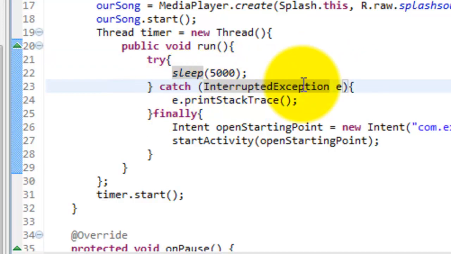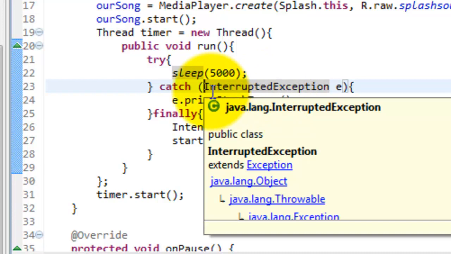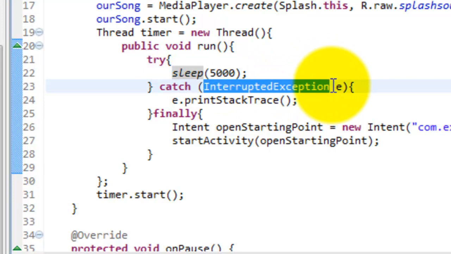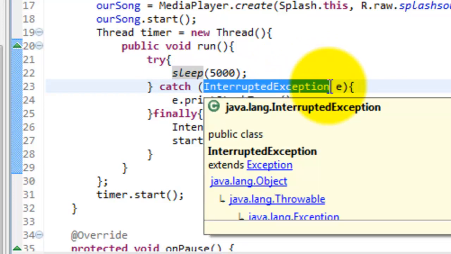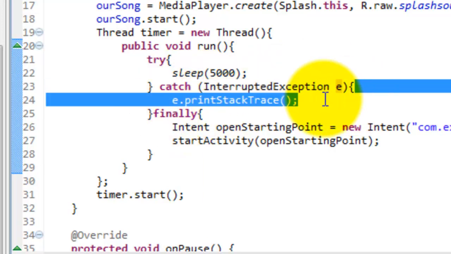So if an error is found, the error is caught. In this case, the error is this InterruptedException. So any InterruptedException, this is also part of the library's elements. So if this object is found, this is the name for that. It doesn't have to be E, it can be D, C, B, whatever, but it's just a name for this object. So if this type of thing, InterruptedException, is found, is caught, then we're going to do what's inside these brackets,